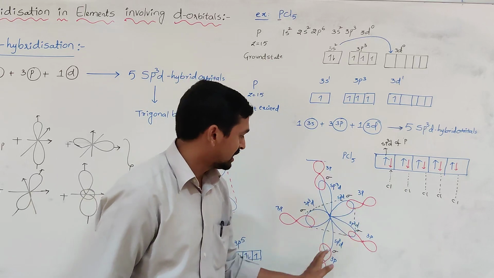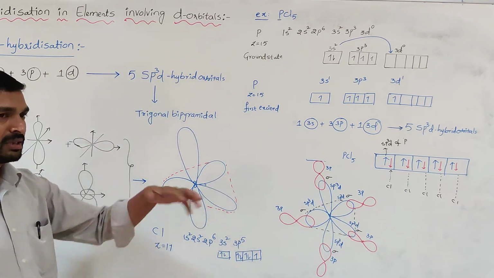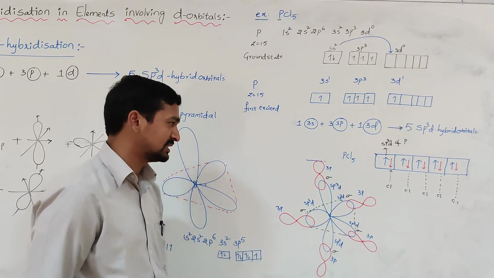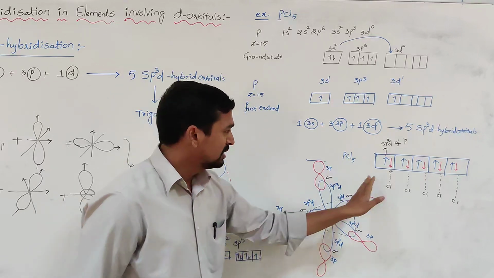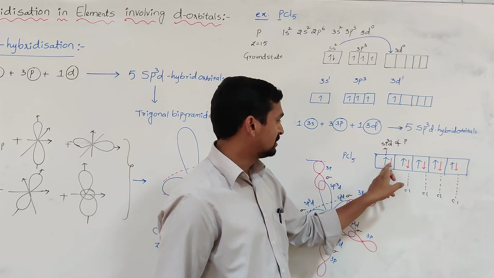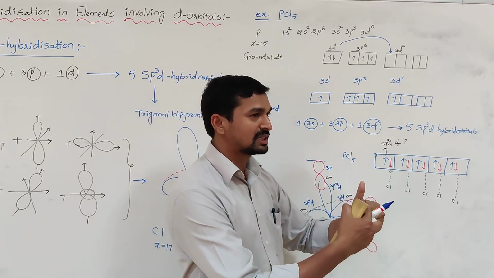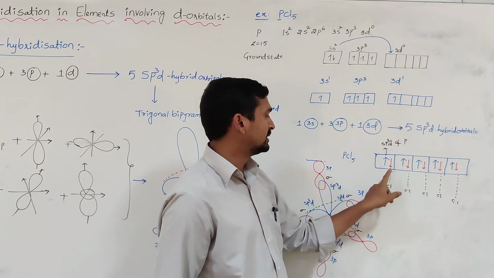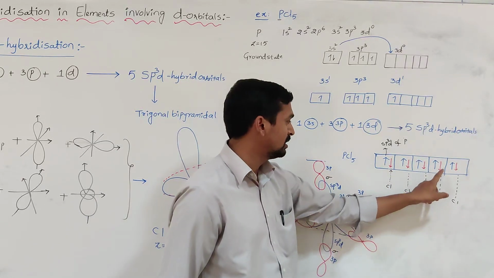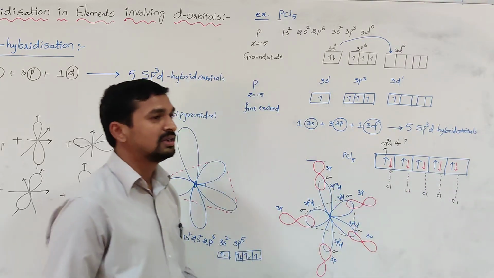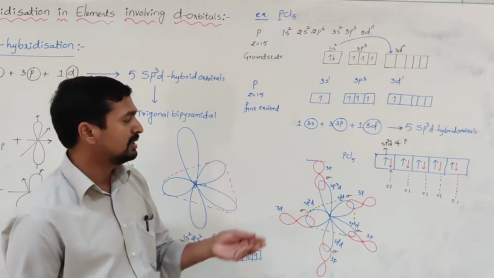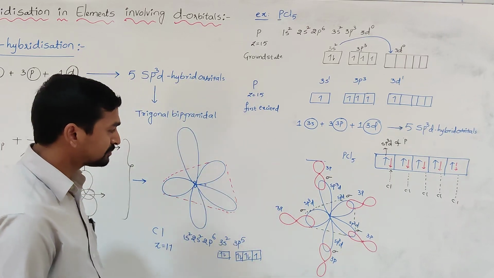We can write exactly how they are overlapping, but as the covalency increases, the complexity of drawing the structure increases. So in most textbooks they represent it like this. That means the sp3d hybrid orbital of phosphorus and the 3p orbital of chlorine overlap, resulting in pairing of electrons. As a result, a bond is formed between phosphorus and chlorine. Like that, 5 phosphorus-chlorine sigma bonds are formed by overlapping of sp3d hybrid orbitals and 3p orbitals of chlorine. This is the example.